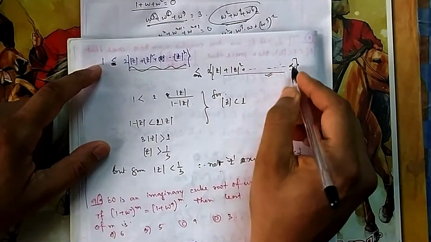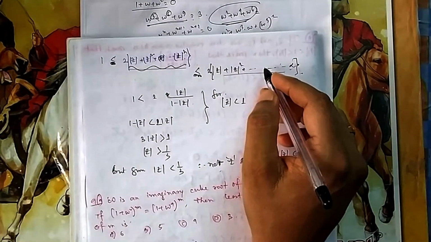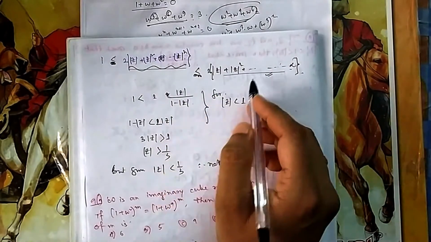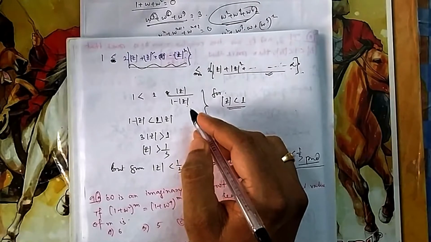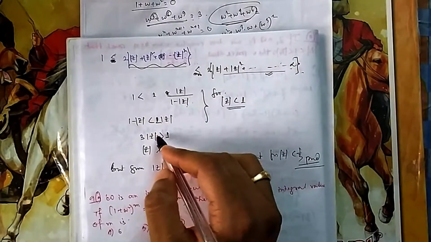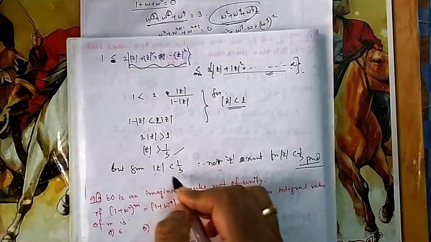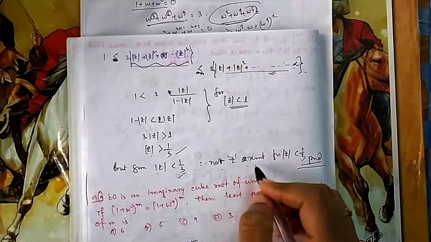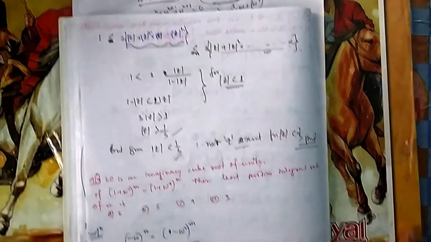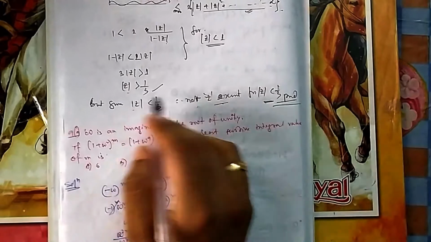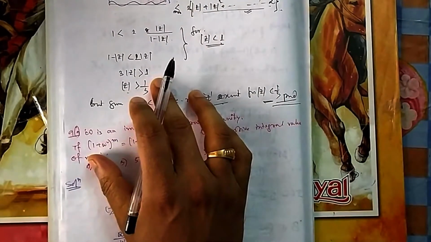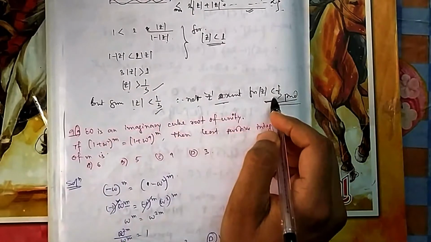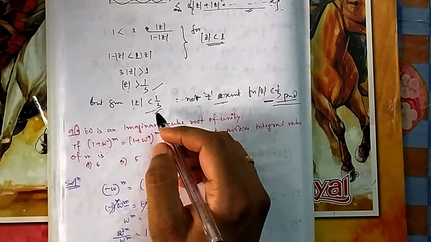Why am I going to this? Because this is an infinite GP. This summation will give me a slightly smaller answer than this one. So this is a by 1 minus r. Because your mod z is less than 1, you can apply it. So from here you can see your mod z should be greater than this, but they have given this. So obviously there is no z which satisfies mod z less than 1 by 3. If it is greater than 1 by 3 and up to 1, then it is satisfying, but it is not satisfying for less than 1 by 3. So that is proved.